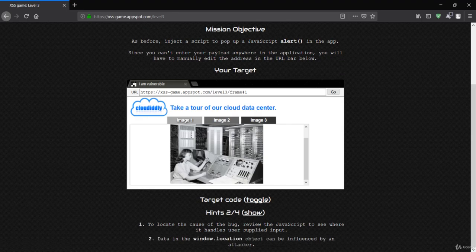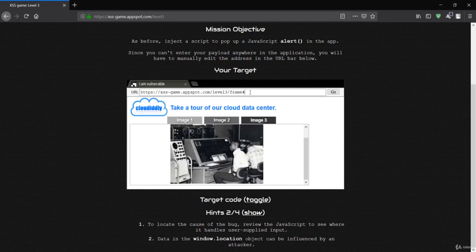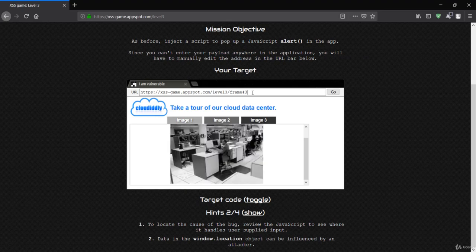You can see here the data in the window.location object. This window.location is referring to the URL. If I say 2 instead of 1, or change it to 3 instead of 2, that means it is linked with this link. So we can inject our script into this link. What I need to do is inject the code over here.